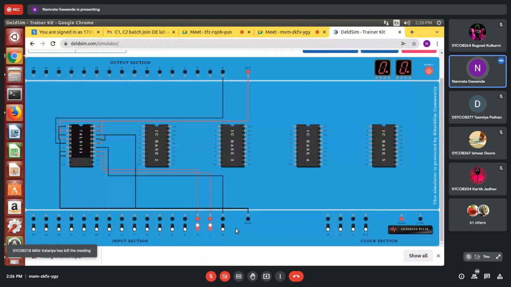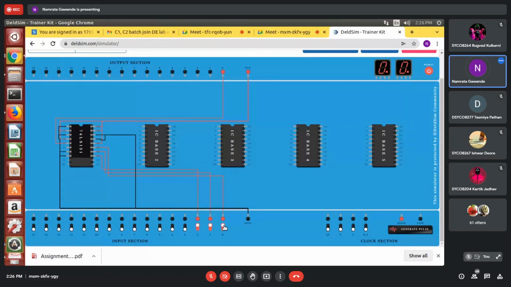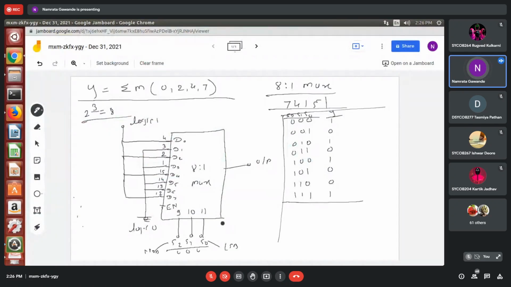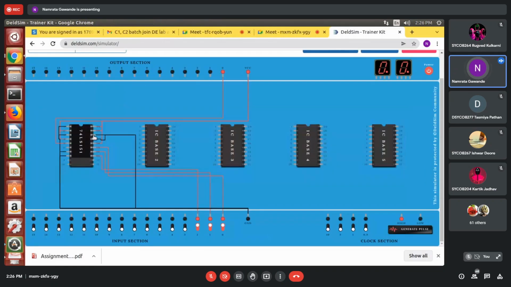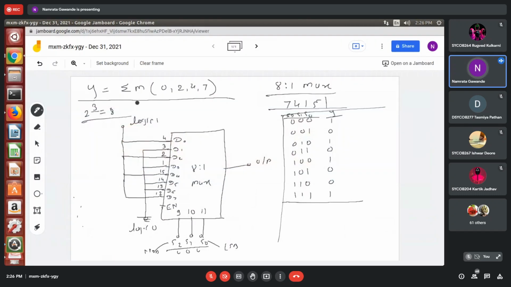And 1, 1, 1, that is 1. Right? So this is the implementation of an 8:1 mux using the IC 74151. Accordingly, you can design and realize any particular Boolean expression using an 8:1 mux with the IC 74151.